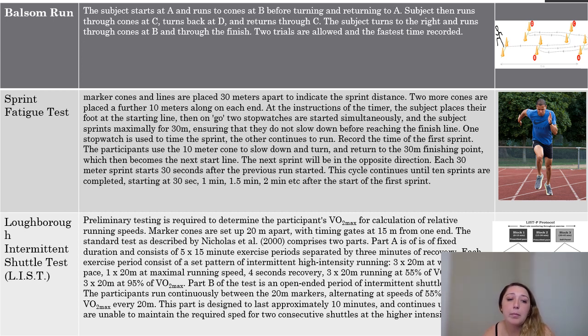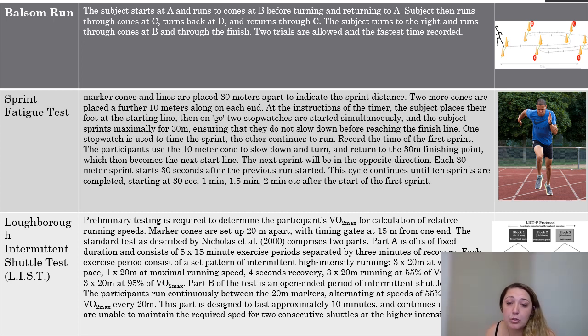Last is the Loughborough Intermittent Shuttle Test, also known as LIST. This is also a test that requires a lot of aerobic capacity, but this is where the cones are set up 20 meters apart, and the timing gates are at 15 meters from one end. Part A of the test will consist of a 5 by 15 minute exercise period separated by 3 minutes of recovery. So during this period, they'll do high intensity running, and then you basically can record